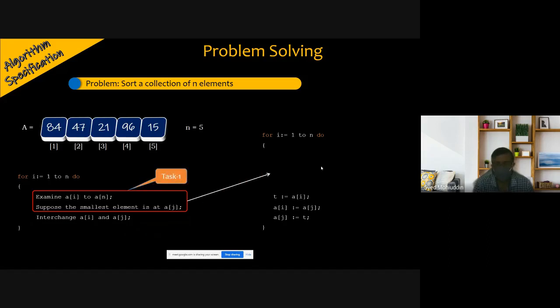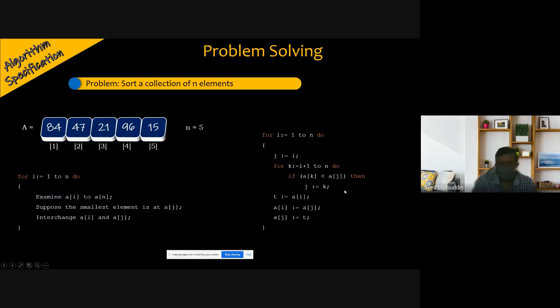Here, the very first thing is we will use a variable j, for the index. So j will be initialized to I. Then we will have a for loop starting with the index k. So k will start from I plus 1 till n, and then we compare and swap the indices. Now, if you look at the actual working of this,